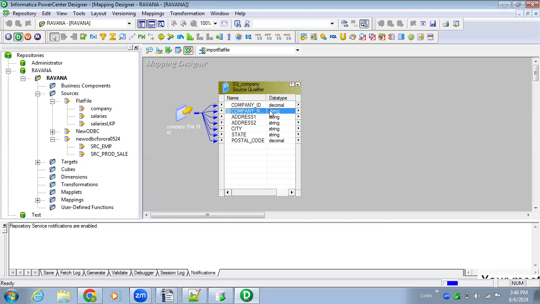The company name is string, address 1 is string, address 2 is string, city is string, state is string, and postal code is decimal. You can change these at your convenient time, but this is how by default the system processes this data. We did not assign any data types when we stored them in the flat file, but as and when you import, this is going to